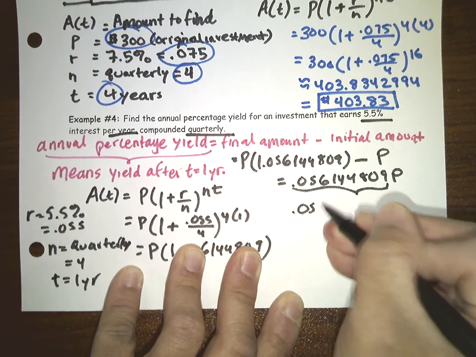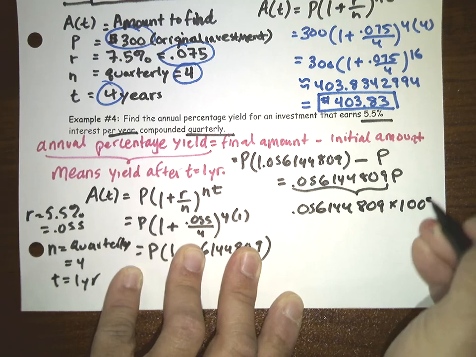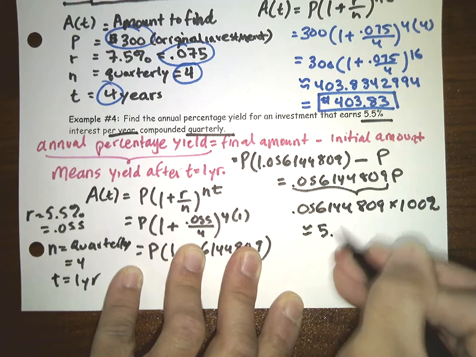So 0.056144809 times 100% would be about 5.6%